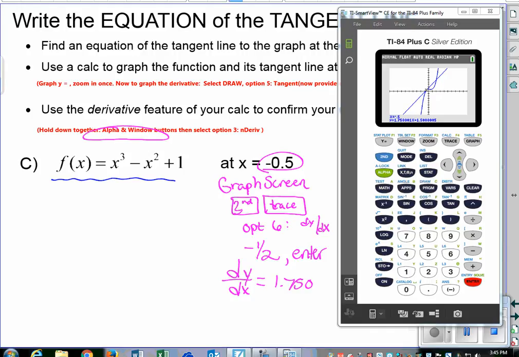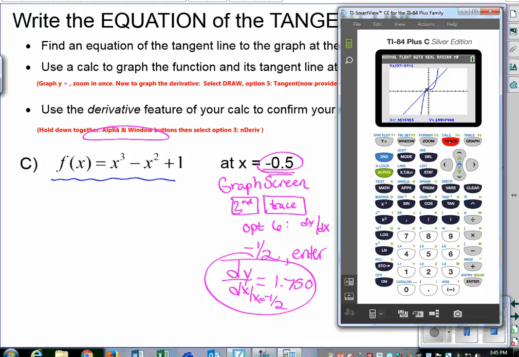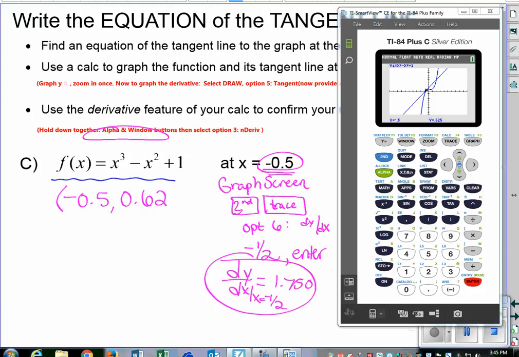So here's what we got out of this. The derivative at x equals negative 1/2 is equal to 1.75. And the other thing I need to know is what the function value is at negative 0.5. So I'm just going to go to my trace key, and I can tell I'm on y1 just by looking. I want to key in negative 0.5, and it should give me my y value of 0.625. So we have the ordered pair (negative 0.5, 0.625)